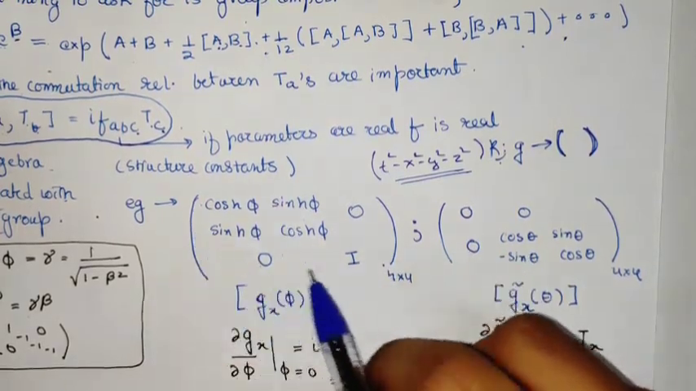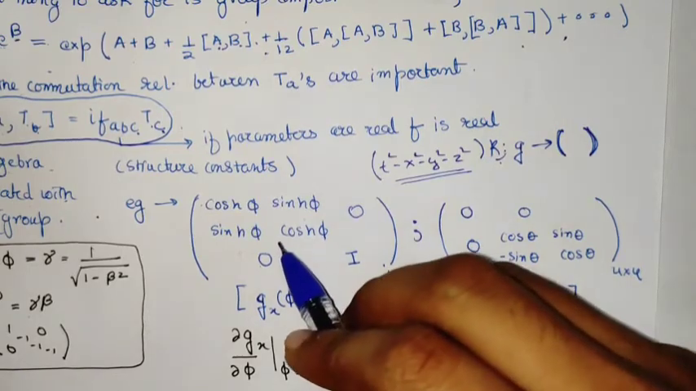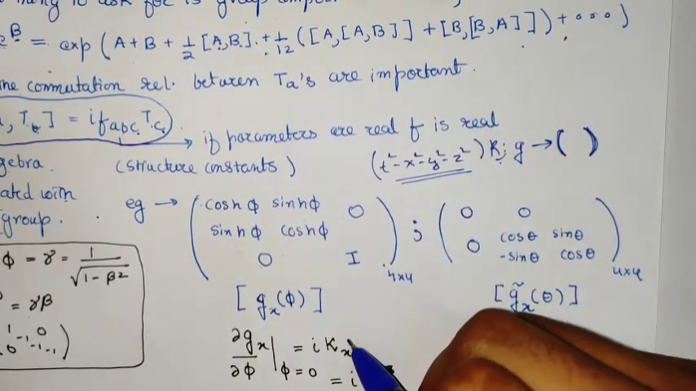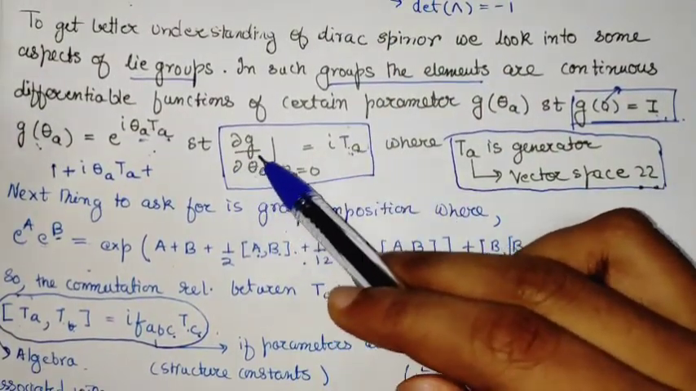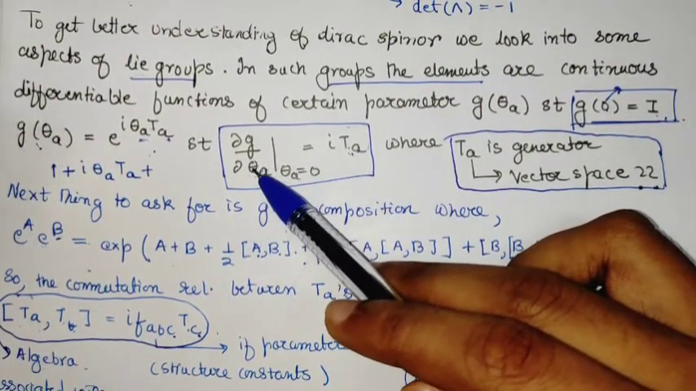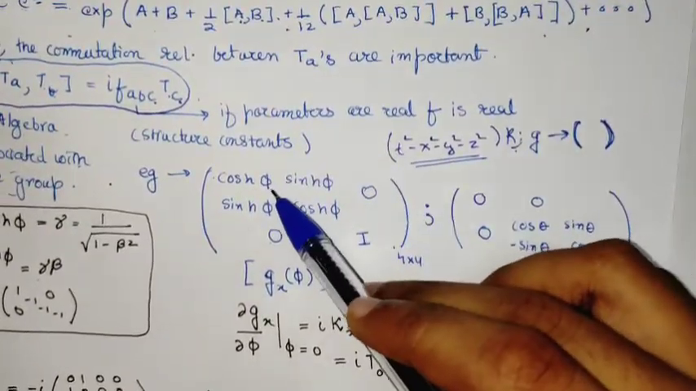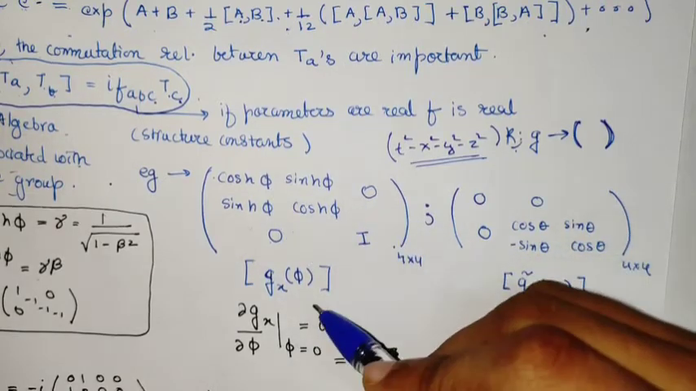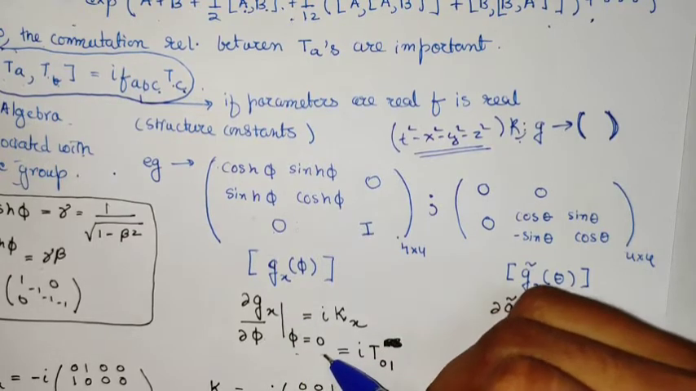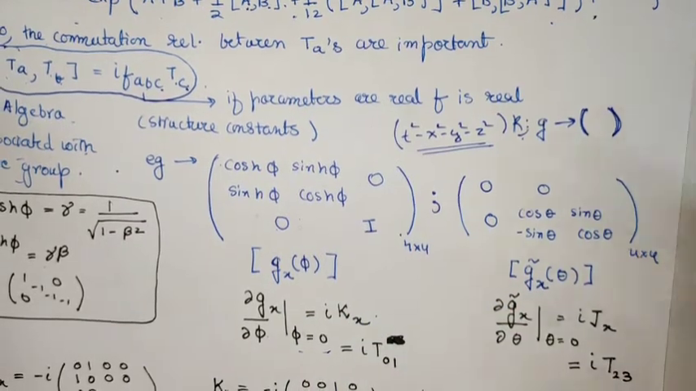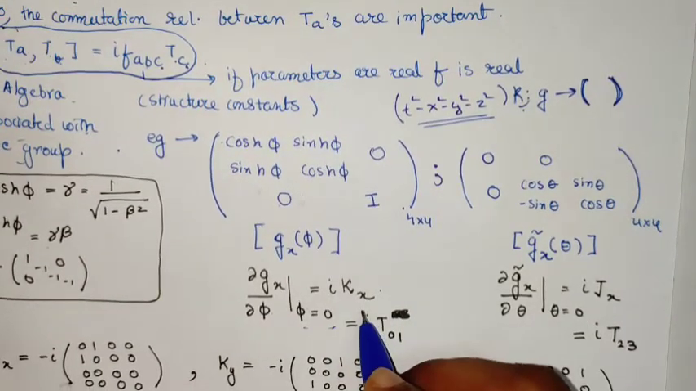Now this is the representation of a group element. The element is the boost, and to get the generator of the boost, we simply differentiate it with respect to the parameter that we have. Here we have the rapidity phi as the parameter, so we differentiate with respect to phi and put phi equal to 0 to evaluate the generator. In this way we get the generator of the Lorentz group,